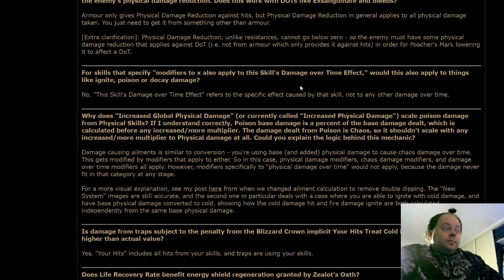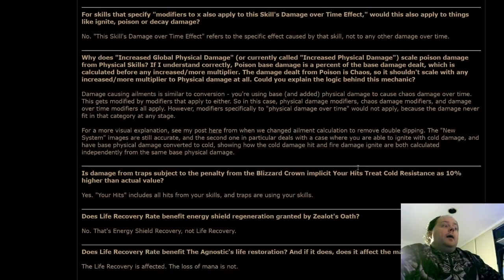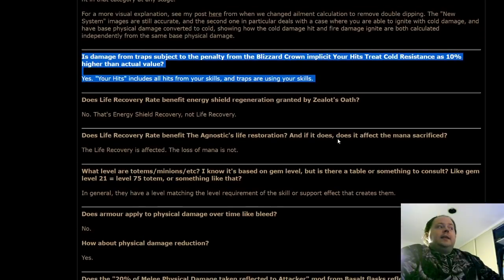So there's a whole bunch of other questions that are worth a look through here, about various ways that damage is scaled and the like. One that is quite useful to know. Now, I would have known this one, but I think a lot of players wouldn't. Is damage from traps subject to the penalty from the Blizzard Crown implicit? Your hits treat cold resistance as 10% higher than the actual value. The answer is yes. Your hits includes all hits from your skills, and traps are using your skills, and that